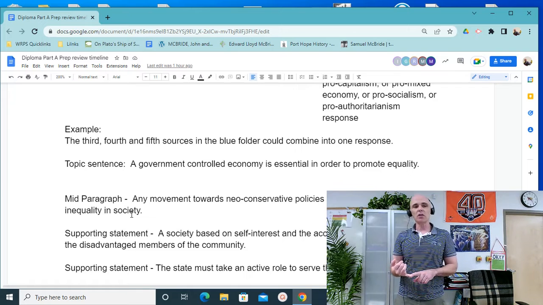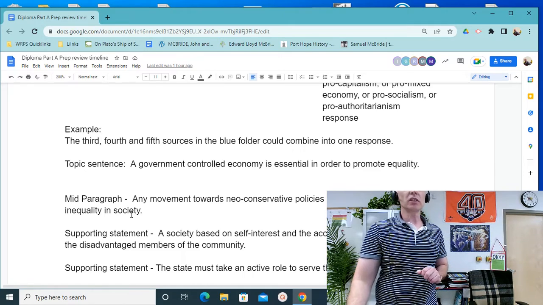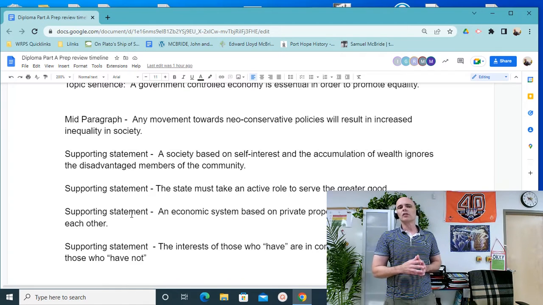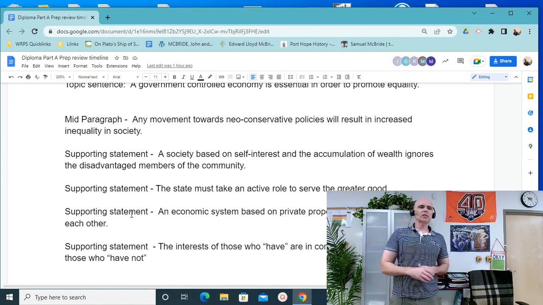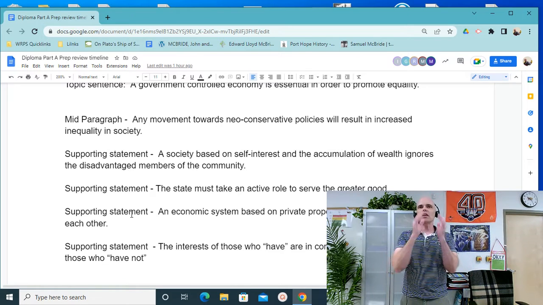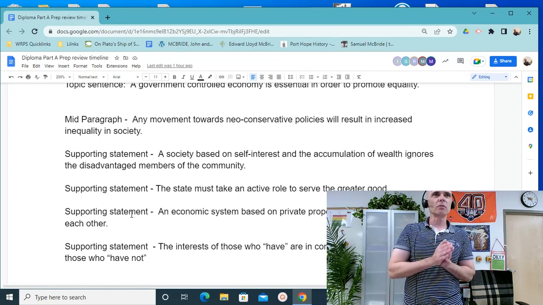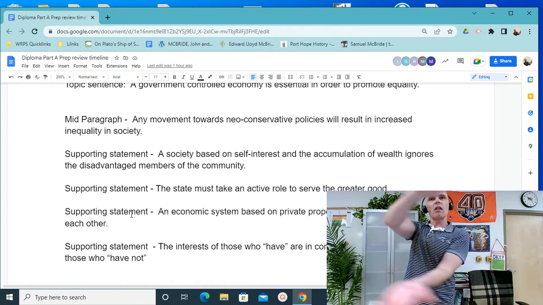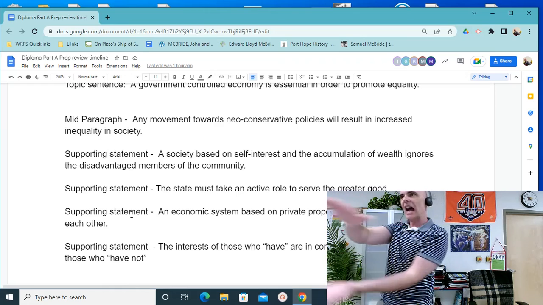Any movement towards neoconservative policies will result in increased inequality in society. A society based on social interest and the accumulation of wealth ignores the disadvantaged members. The state must take an active role to serve the greater good. An economic system based on private property turns citizens against each other. The interests of those who have are in conflict with the interests of those who have not. All of those are just old essay prompts. They all could be arguments that you put into your essay tomorrow. Those are excellent arguments. And all of those fit together in one argument about what kind of economic system is